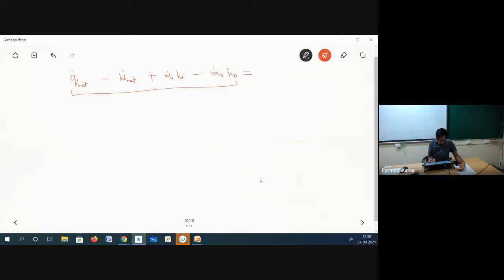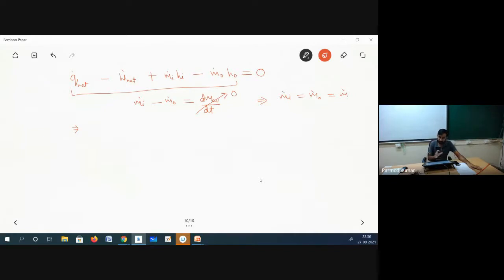So that's why I can simply write this whole equal to 0. Now, if it is under the steady state condition, then mass entering the control volume minus mass going out of the control volume, generally we write equal to dm control volume by dt. But if it is under the steady state condition, then there is no change in mass of the control volume, so it will be equal to 0. So under this condition, I can write m dot i equal to m dot o, which is nothing but m dot.